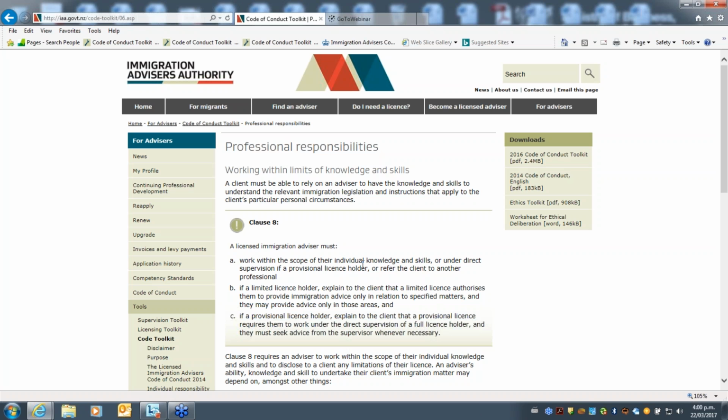Another one regarding conflict of interest. If one advisor in a company is the advisor for a visa applicant and another advisor in the same company is the advisor for the applicant's employer, would this cause any potential conflict of interest situation? Sorry, can you just repeat that? If one advisor is the advisor for an applicant and another advisor in the same company is the advisor for the employer of that client, would that be a conflict of interest?